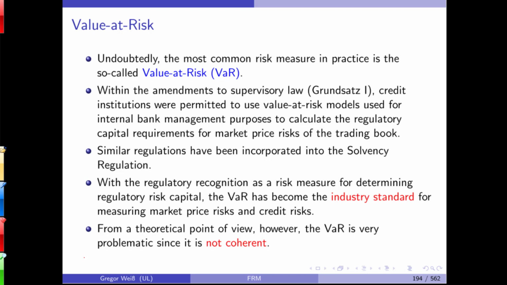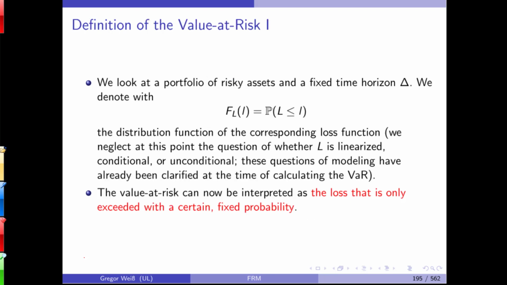However, and this was a big surprise at the end of the 90s, although every bank uses it, and it's such an important risk metric, Artzner, Delbaen, Eber and Heath showed that the value at risk lacks subadditivity if it's used on non-elliptical distributions. So if it's used on a Gaussian distribution or a t distribution, it is subadditive and coherent. But every time you're using a different distribution, subadditivity is no longer given. So it's not coherent. That's problematic.